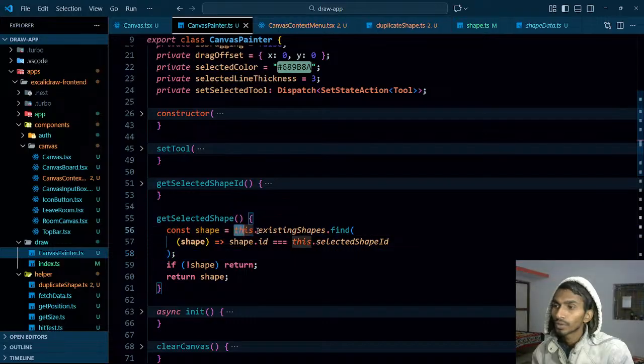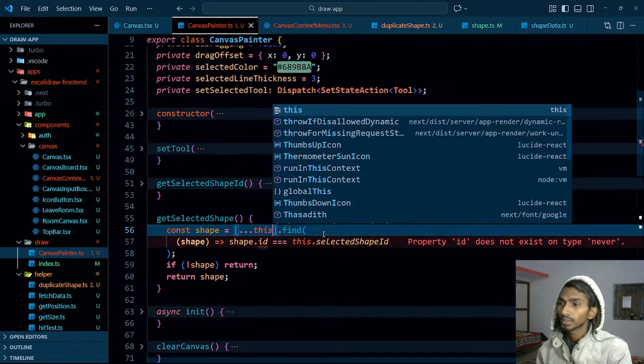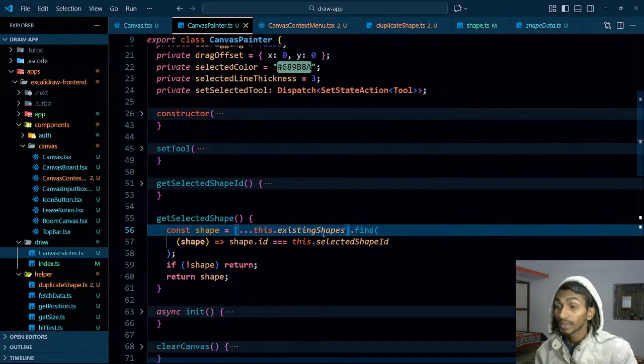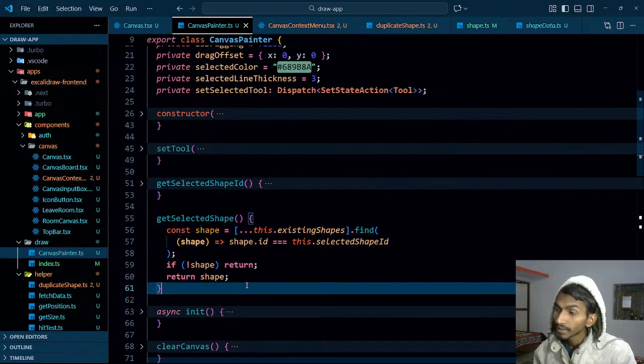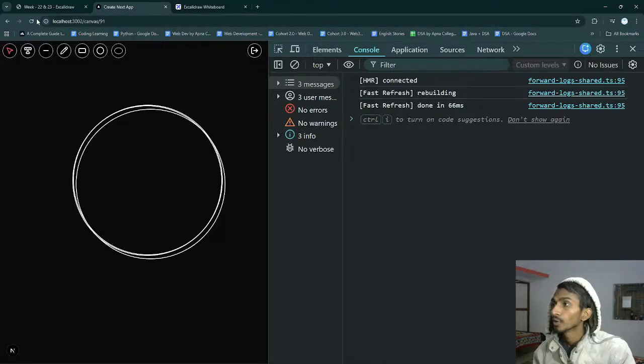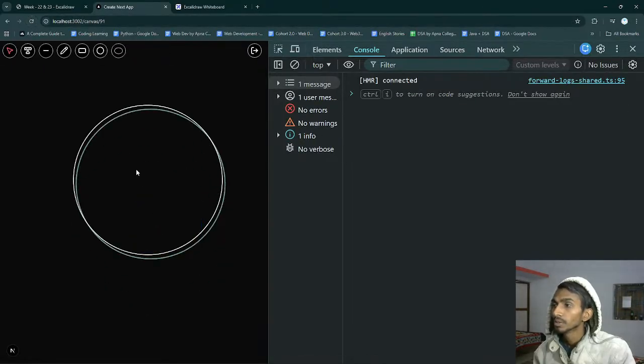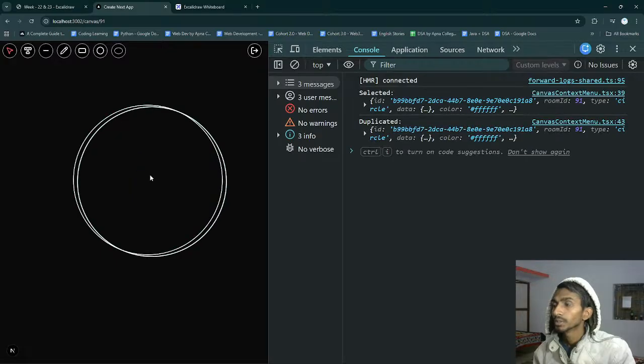So let's do this like this. This.existingShapes, then find the ID, then send it, and now I should not be getting this here. Hope so. Reload the page. First of all, let's remove this particular part from here. Let's keep it here. Let's duplicate it, and now